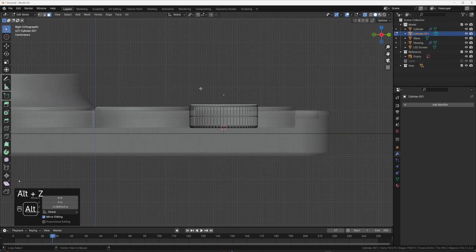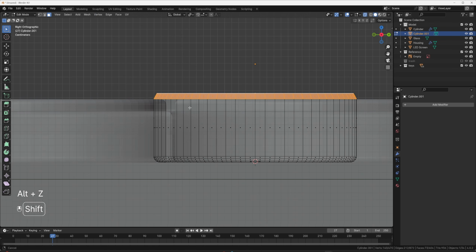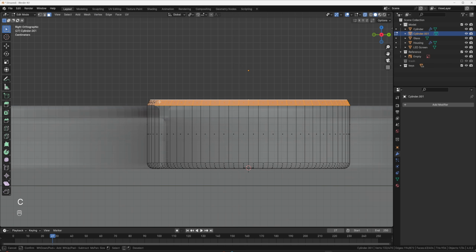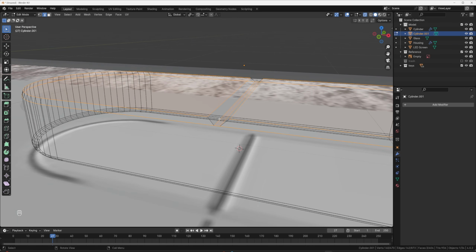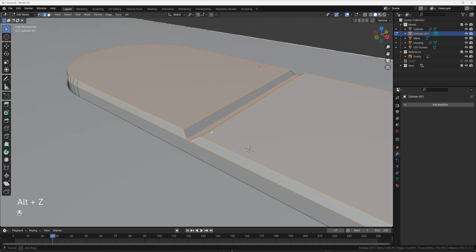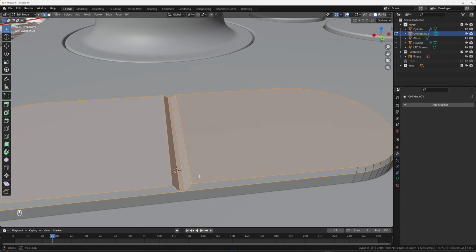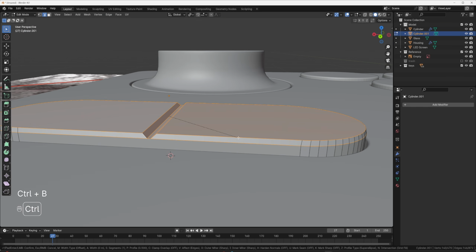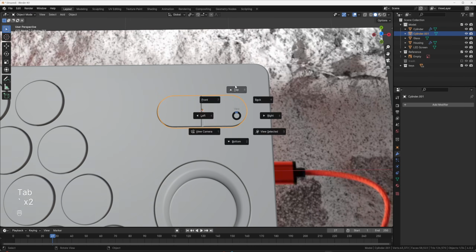And then right in the right-hand view, I'm going to grab all of this, making sure I'm going to use C and not get the middle edges here. Just kind of tricky. Oh, we're in face select. So I'm going to Alt-A, deselect 2, select all the edges, and then deselect all the middle ones using C and then the middle mouse, pressing down on your wheel. And then I also want to select this edge, this edge, this edge, and this edge. And then basically I'm just going to give them a tiny bevel. So Control B, at least go to 3 so that your shading works well. Just like that. There's your nice rocker button.